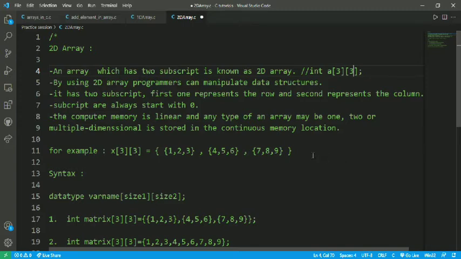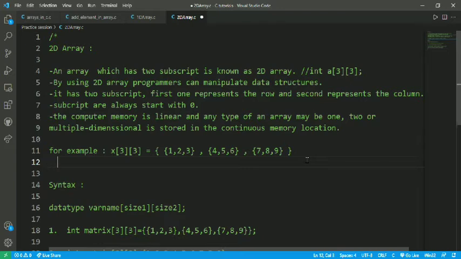For example, if we have this kind of data, x[3][3], one subscript is for the row and another subscript is for the column. As we saw, the subscripts always start with 0, so this position goes to 0, this position goes to 1, this position goes to 2, and likewise.